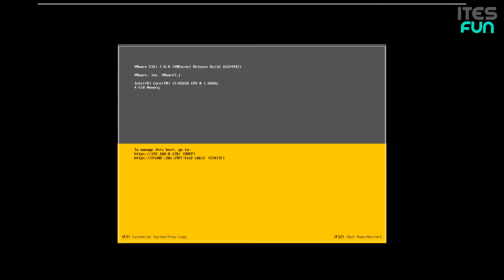The boot process might take a while. So now the operating system of ESXi is loaded successfully.